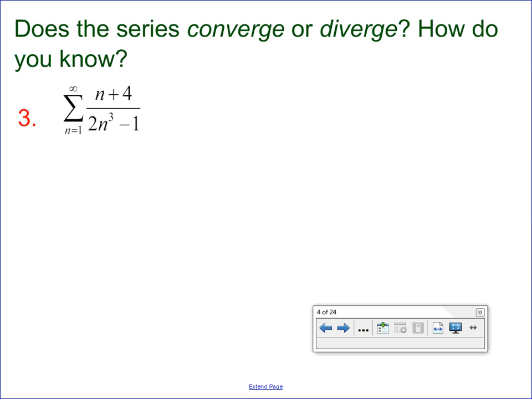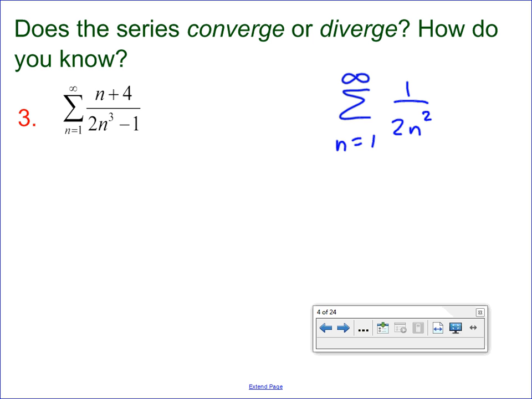What do we know about series B? If we let that be 1 over 2n squared, well, we know that this converges by the p-series test because my exponent is greater than 1. So if I let series B be 1 over 2n squared, since I think that the original is going to behave like it,